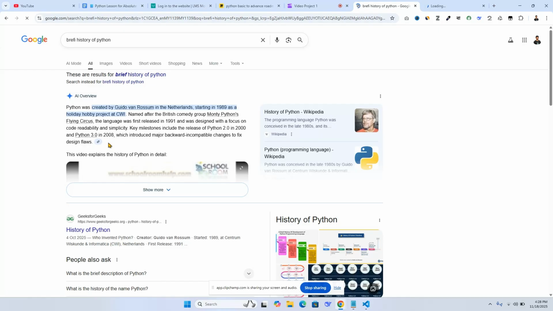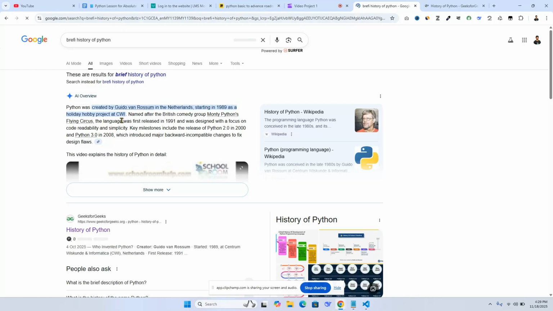That's called, Python was created by Guido van Rossum in the Netherlands starting in 1989 as a holiday hobby project at CWI, named after the British comedy group Monty Python's Flying Circus.